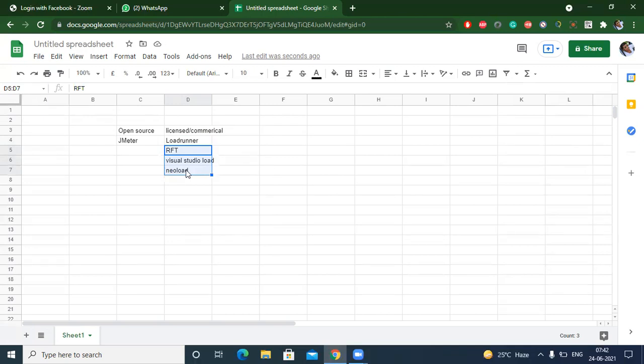In the same way, in open source besides JMeter we have Gatling and Grinder. There are other tools, but these are the most important in open source. So why is JMeter famous and not the other tools?